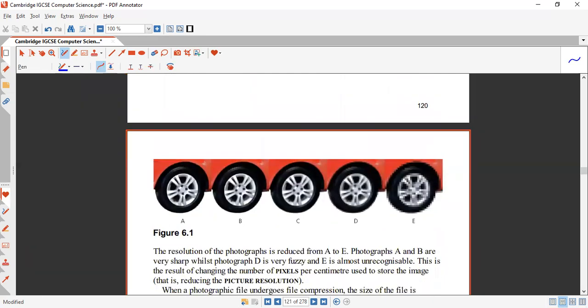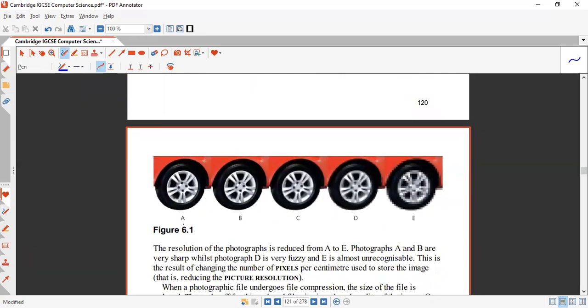Now we are asked a question, and it's a past paper question as well: why is picture E fuzzy as compared to picture A? Yes, guys, any idea? I just told you. Can you please repeat yourself? I was unable to hear. Picture E is compressed,